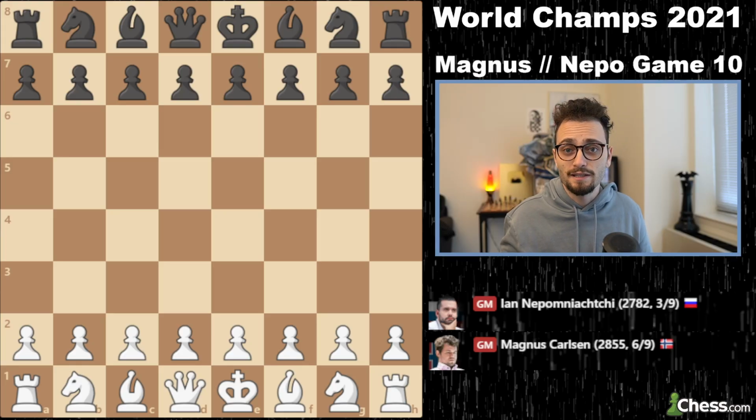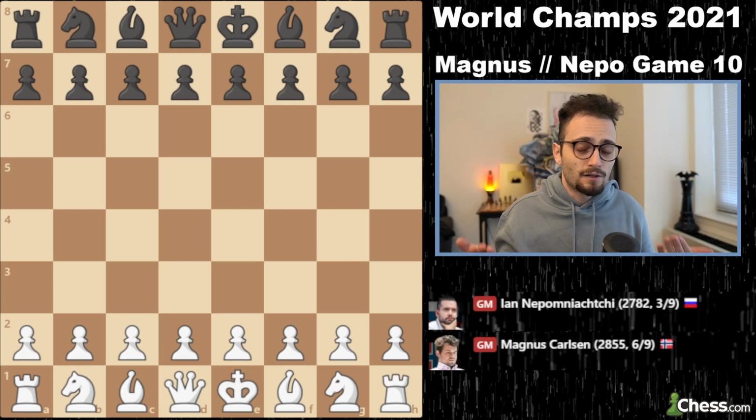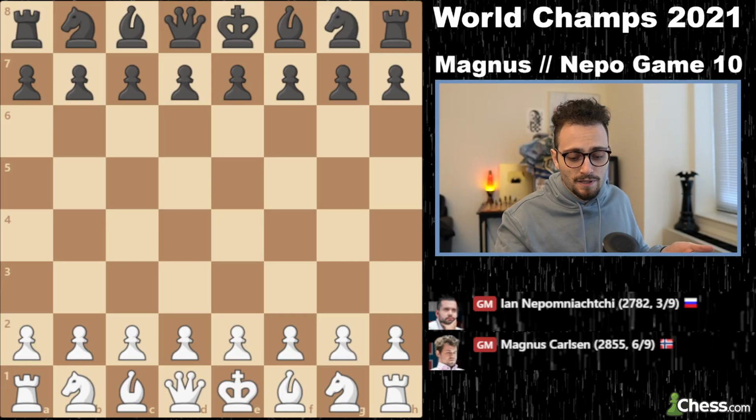And Jan's clock is ticking. He has the 10th, 11th, 12th, 13th, and 14th game. He has 5 games to catch up and at least get 7 points to force a tiebreak. The question is, is it over, and what is going to be his strategy now that he has the black pieces